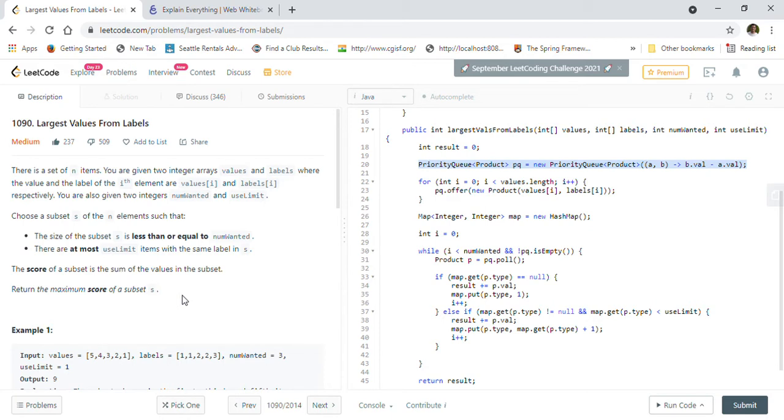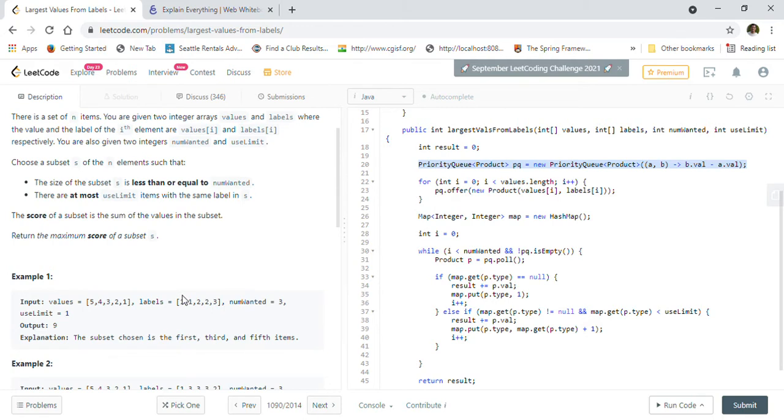So basically what this problem is saying is, for example, if you go to any shop, you will have different kinds of products in the shop. A product will have a category, and a product will have a price. So value you can consider as a price, and label you can consider as the type of that product.